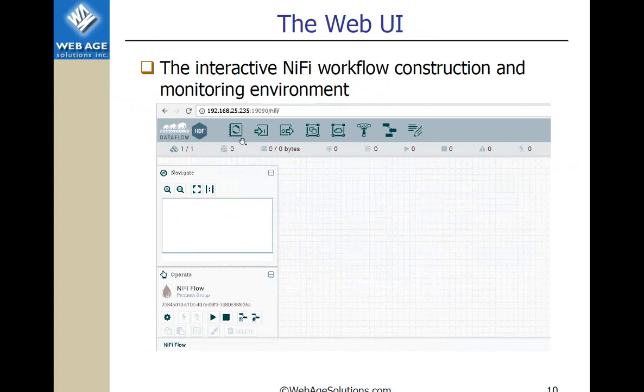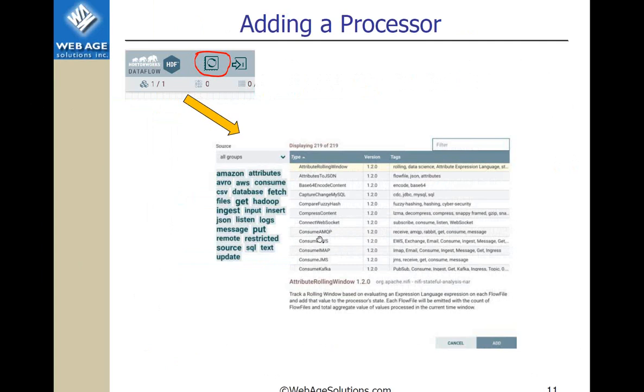Adding a processor, essentially you click on that processor icon, and you get to a screen which allows you to narrow down and find the most suitable processor. Currently, there are 200 plus. More are added, and you can deploy your own, so that will become part of that ecosystem.